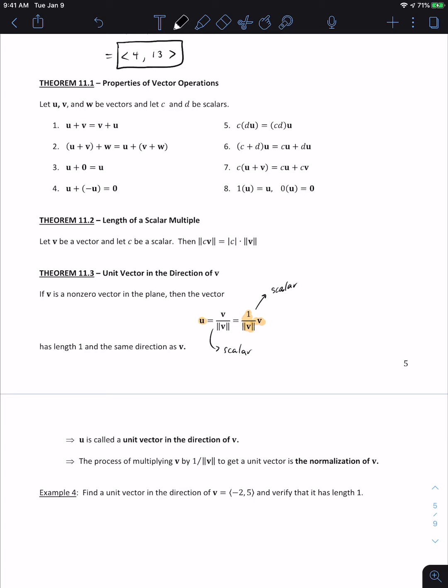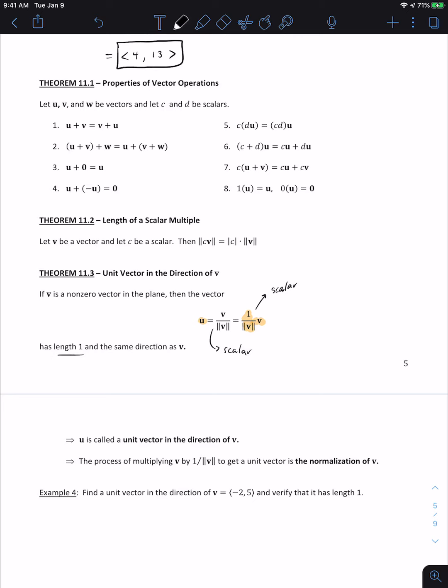Right? So this vector u that is defined as 1 over the magnitude of v times v has length 1, and it is in the same direction as v, right? Why is that convenient? Well, sometimes making it the same direction is really nice, because then they are kind of like equivalent. u and v are not equivalent because they don't have the same length, but they're almost equivalent because they have the same direction. But it's convenient that they have length 1,